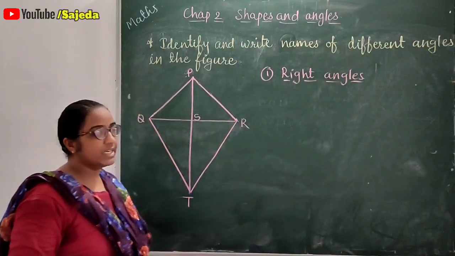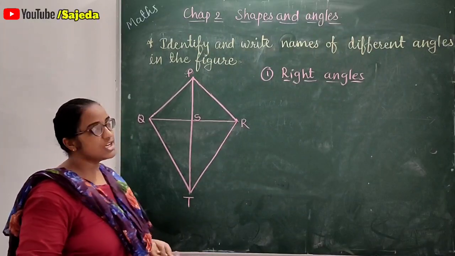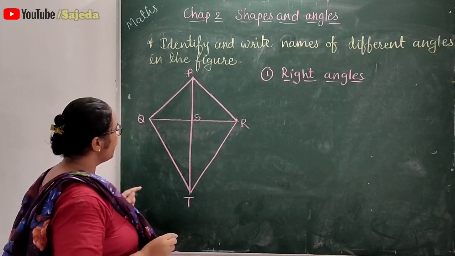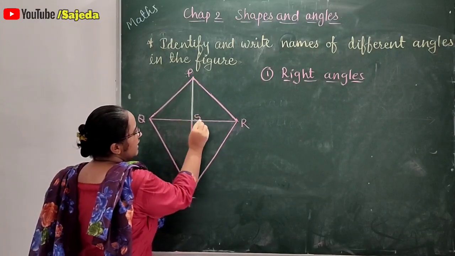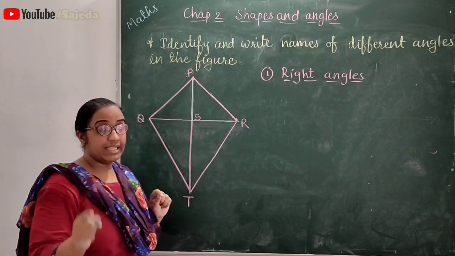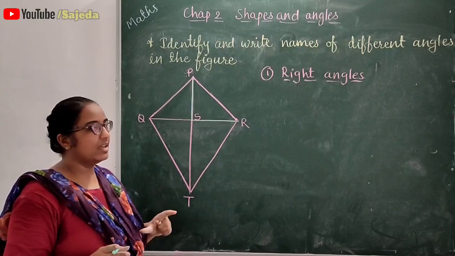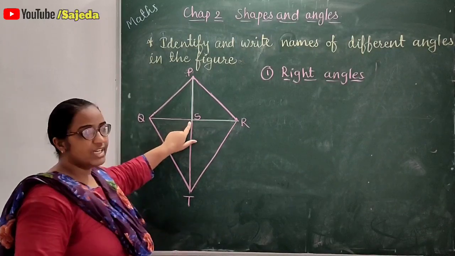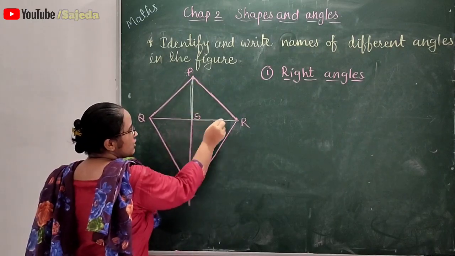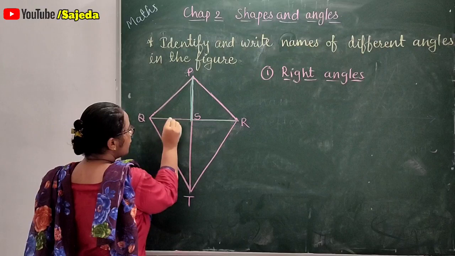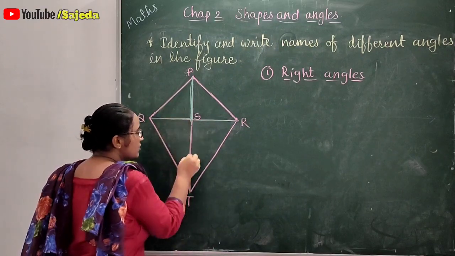Now for how to identify right angles, so the first thing I told you is it looks like English alphabet L. So if you see carefully this figure, here you can find out English alphabet L. And in the first video I explained you how to write name of an angle. If you write only vertex, that is also correct answer, but here you can see that this also right angle, this side forms English alphabet L, that means this also right angle, this one is also right angle, and this one.